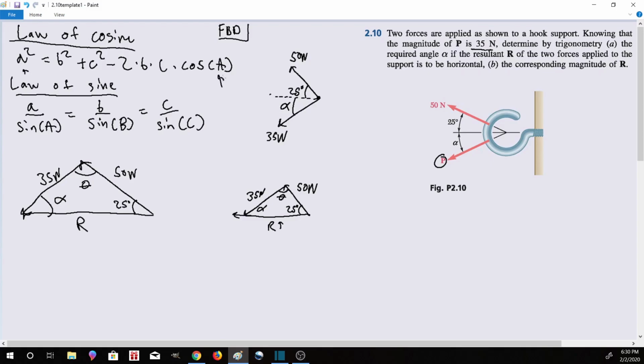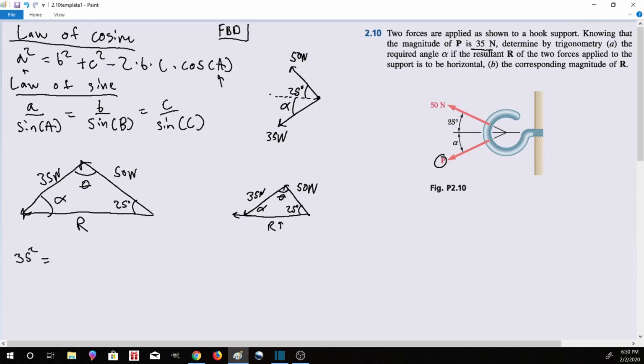we have to know the opposite angle of a. So the only way that we can know this is that if 25 is that opposite angle. So what a squared must be is a squared must be 35, because that's opposite of the angle of 25. So if we do 35